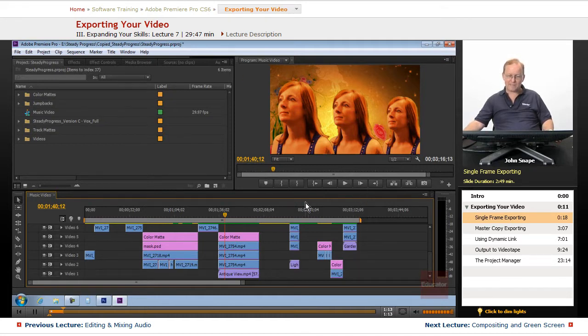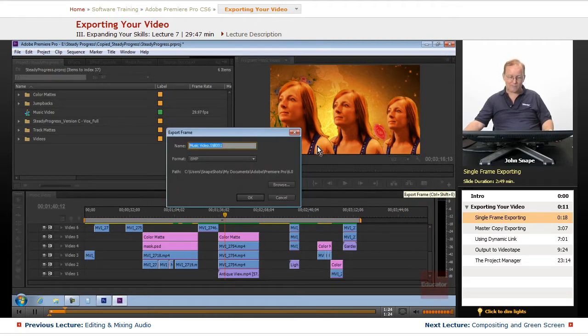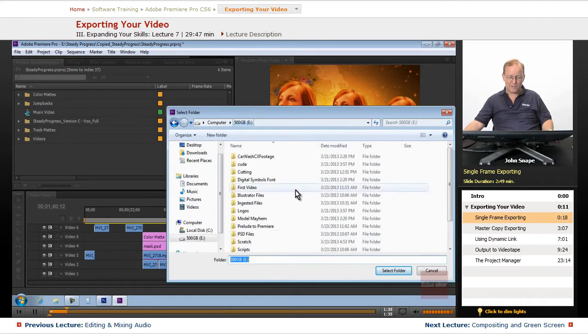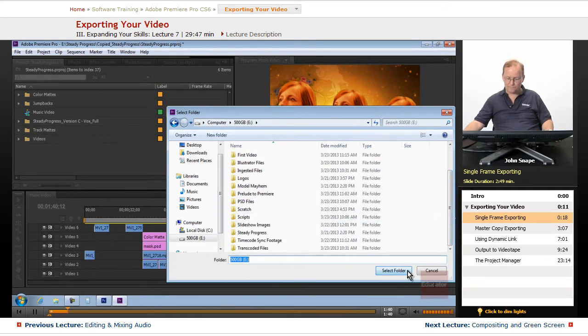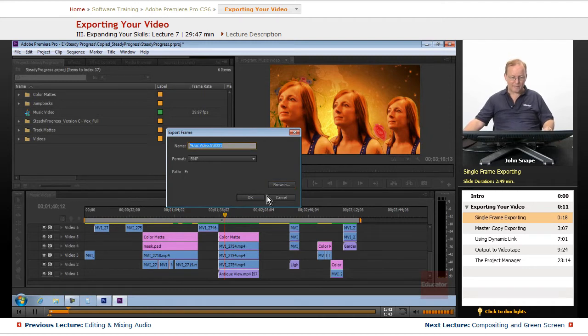Now, the easiest way to get a single frame is just to click this little camera, export frame. As you can see, it has Control-Shift-E as the keyboard shortcut. You click that one, it will give a name for you. It will tell you where it's going to save it, and you can always go ahead and change the path. Let me change the path for that one, and we'll put it in the root of our drive here, and we'll give it a name still 01,